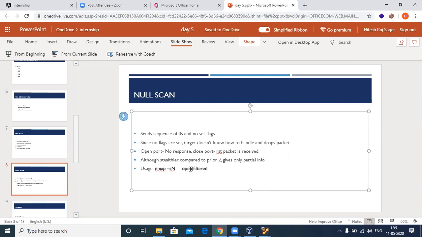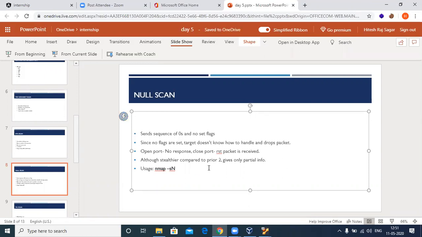So it can't decide if a port is open or filtered. What do you mean by open or filtered? Open means obviously the port is open and you can communicate with it, whereas filtered means there is something like a firewall sitting in between. That is how you get a reply from a null scan.